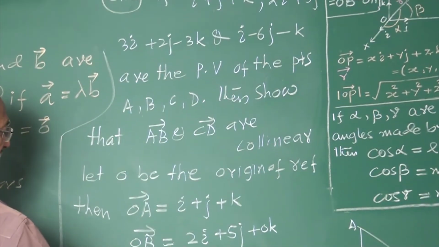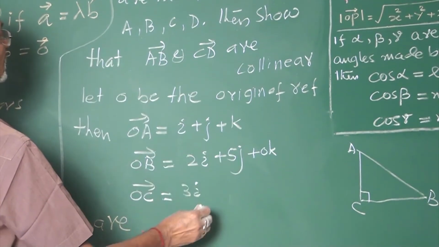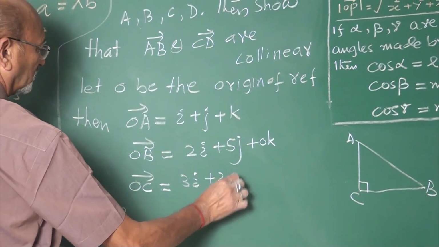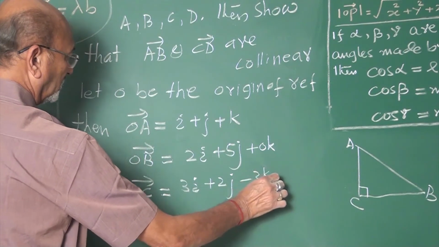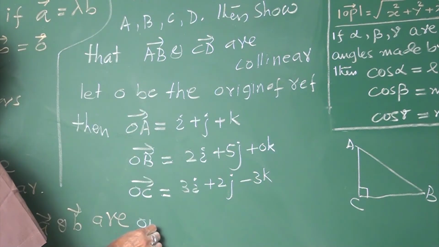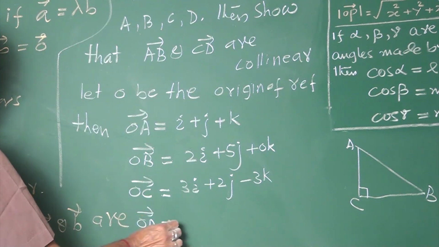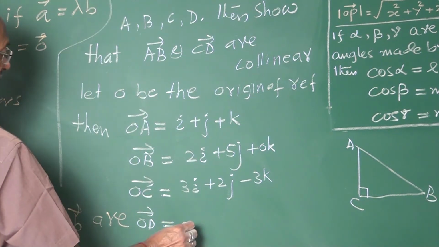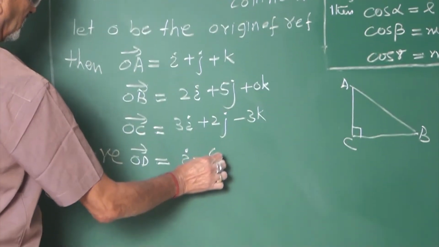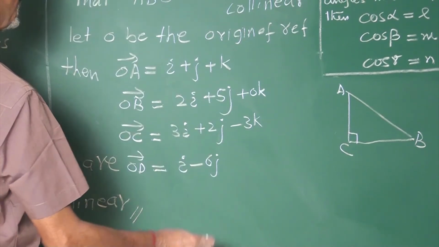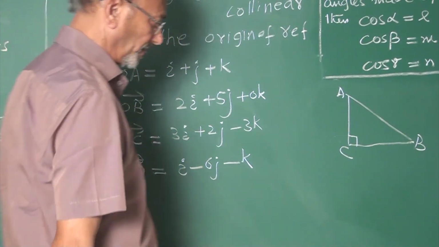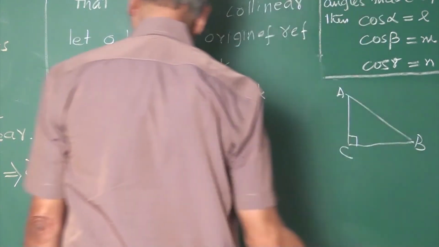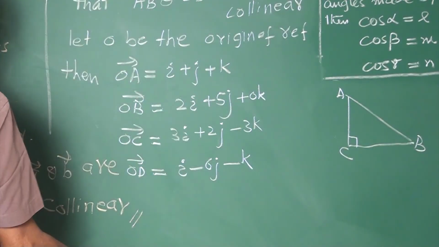OC is the third vector, 3i plus 2j minus 3k. Then OD is i minus 6j minus k. Yes, my friends, making use of this, you have to find